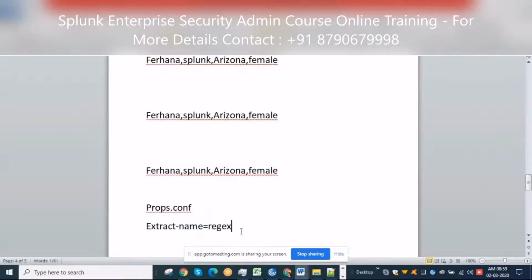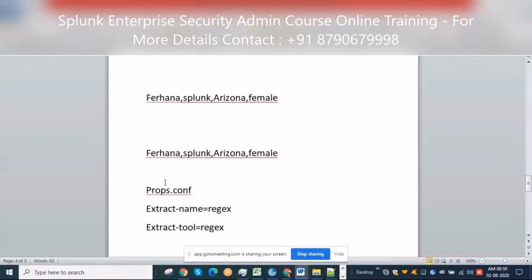And for another field, again I'll write an EXTRACT with a regular expression. So it will take a lot of time. Otherwise, I should write one regular expression for all of these combined, to extract all the values in the event.